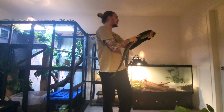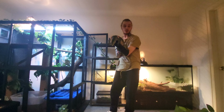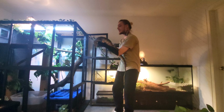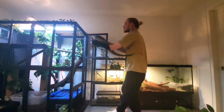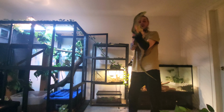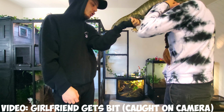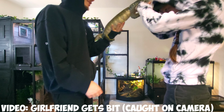He's actually gotten so good that now I don't even need to worry about getting him out in order to do some maintenance or place him on his shelf. He is totally okay with being handled, and now he's actually getting okay with being pet as well, and we are training him, to be honest, although that's only happening when Rox is actually with me, because I